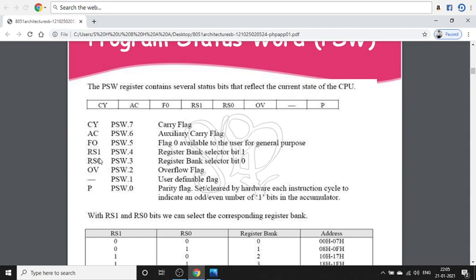Based on the combination of these two flags we can have various register banks, which will be discussed below.